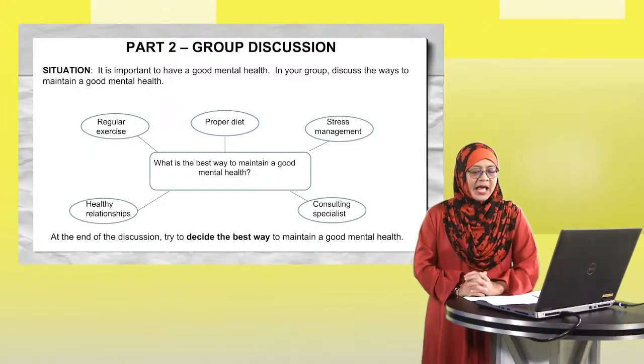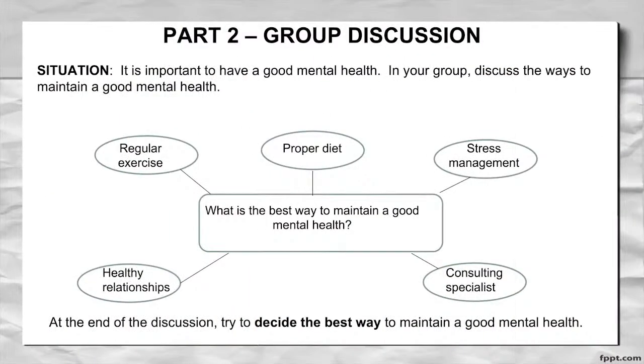Okay. Let's go through this question together. The question asks you to choose the best way to maintain good mental health. The methods are as stated in the mind map: regular exercise, proper diet, stress management, healthy relationships, and also consulting